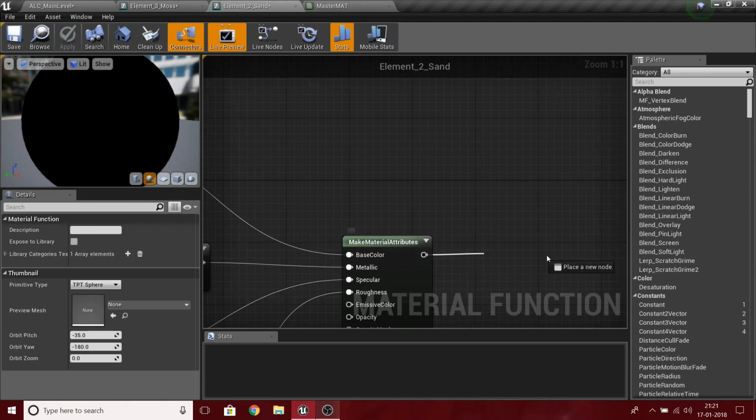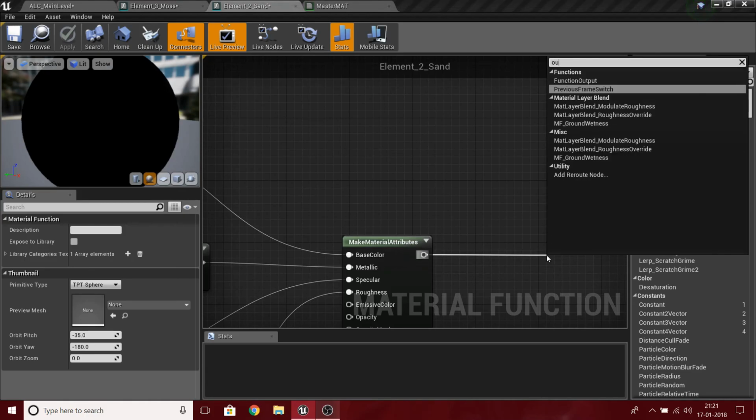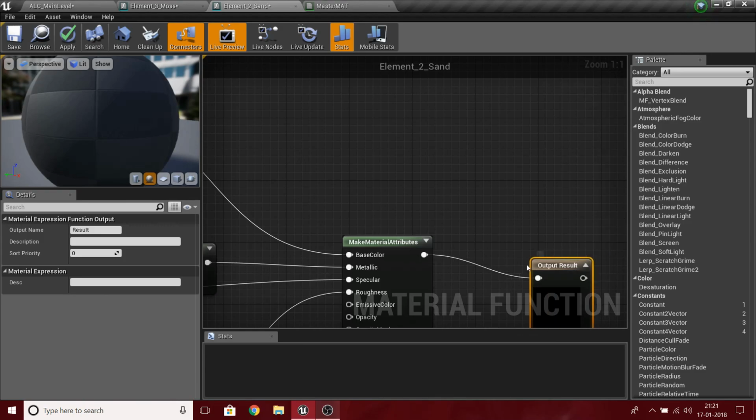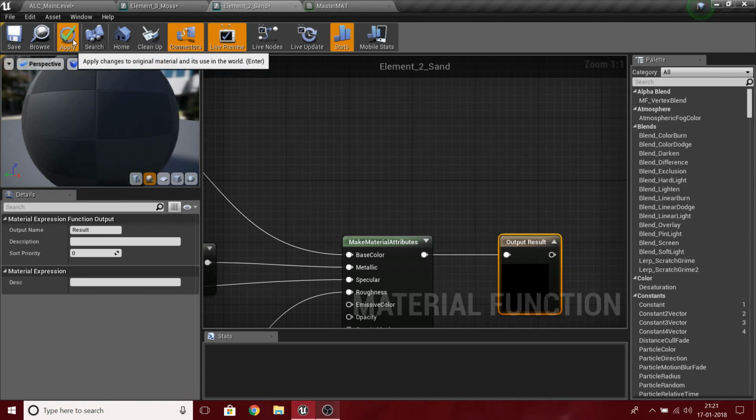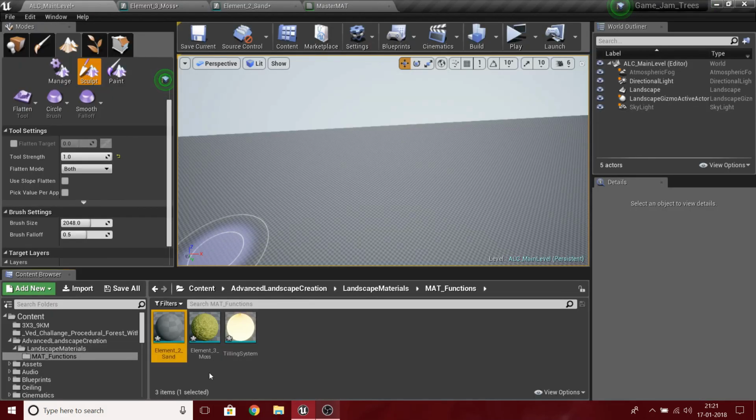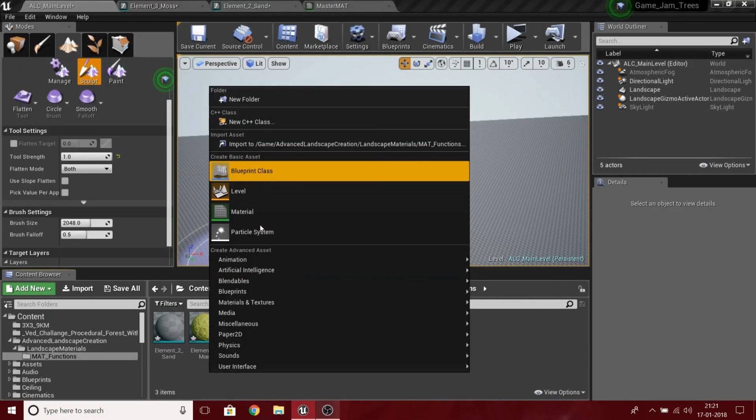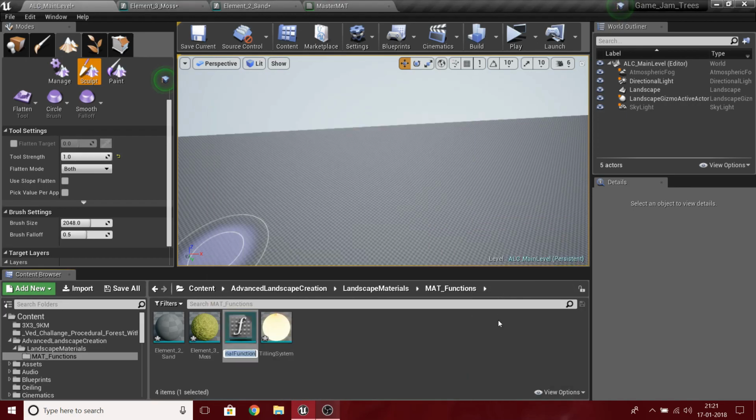Again, I'm just gonna have to do something. I'm just gonna have to add the function output result. Go ahead, live your life. And let's see, till then I will just go ahead and make another material function, element underscore 1 underscore rock,